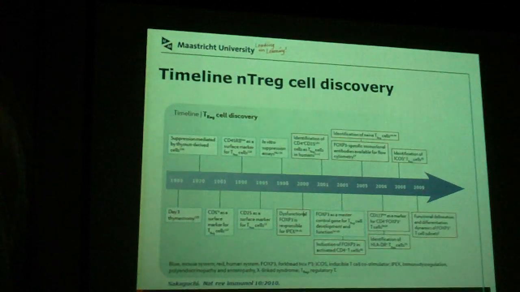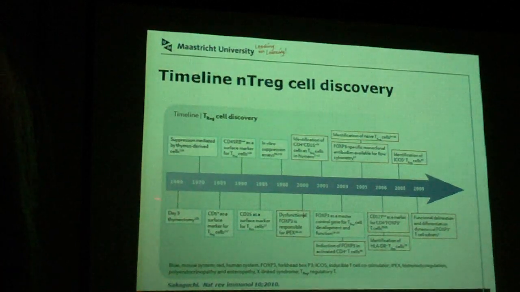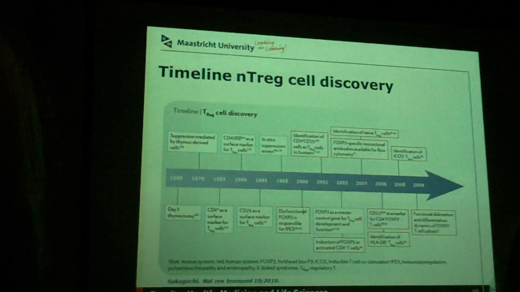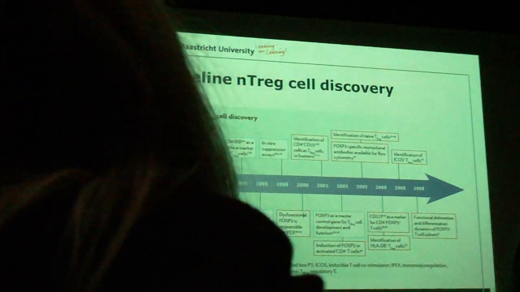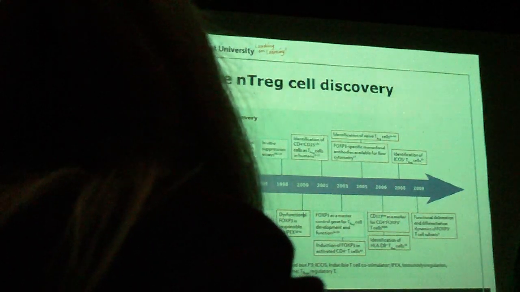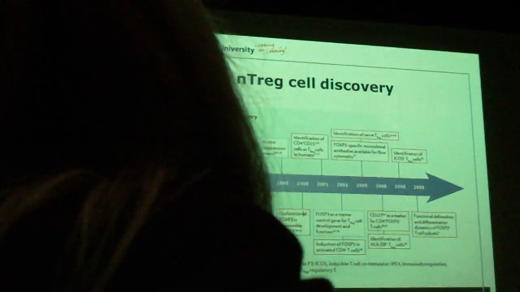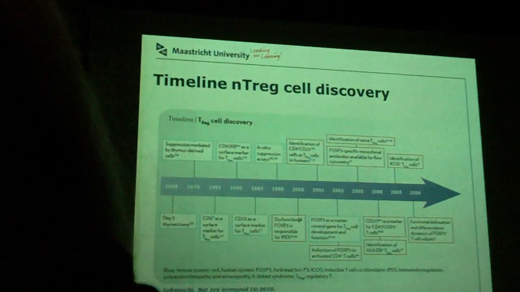So if we look at the timeline of Treg discovery, it goes back a long time. In 1969, 1970, there was already some indication that there should be a cell coming from the thymus which is able to suppress immune responses. At that time, they also called these cells suppressor T cells. In this first experiment, the blue boxes are mouse experiments. What they saw is that when you remove the thymus at day 3 from a mouse, this mouse will develop